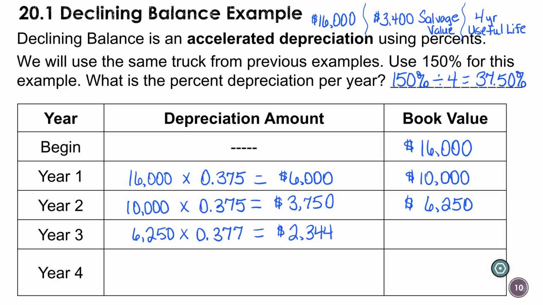So on each calculation, I look at whatever my cents are, and if it's below 50 cents, then we're going to drop it. If it's 50 cents or more, we're going to add 1, and that's how I'm rounding these, just the normal standard way. I'm basically rounding to a whole dollar amount. Subtract the 2,344 from the 6,250, and we get